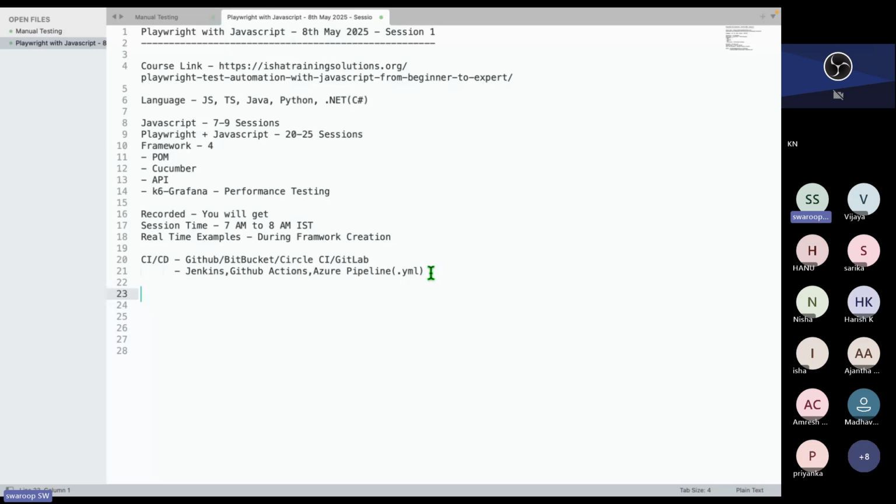And if you're asking, let's say I'm completely stuck on some configuration or scenario and will require some support, then once the course is completed, for the next 3 months,